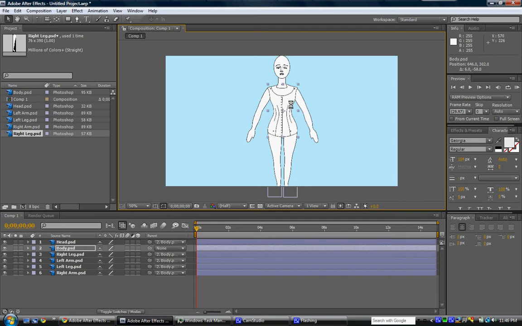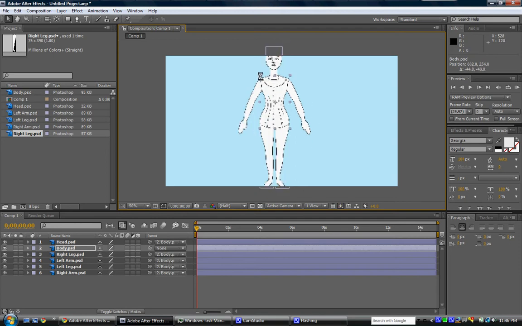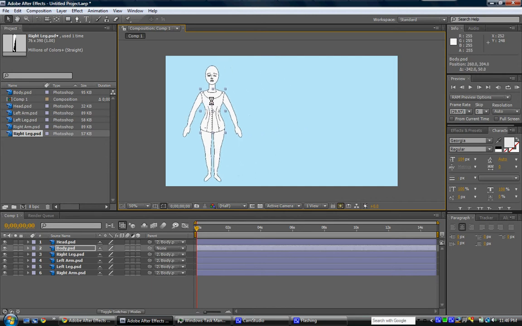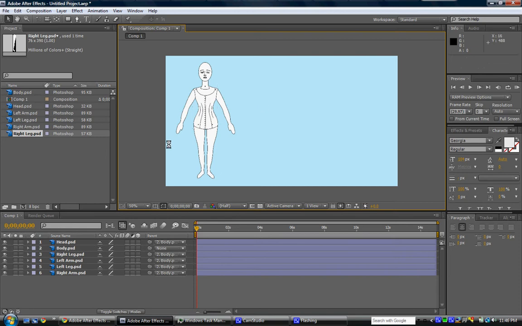Now the other cool thing is right now this doll is too big for the composition window, but if we scale the body, everything else will scale with respect to the body the way it should, and so that's good. So let's set this person over to the side here. Now the next thing we want to do